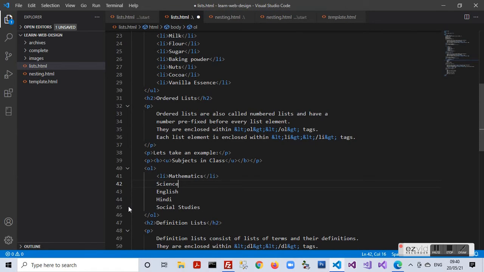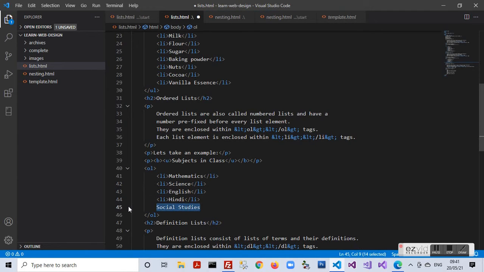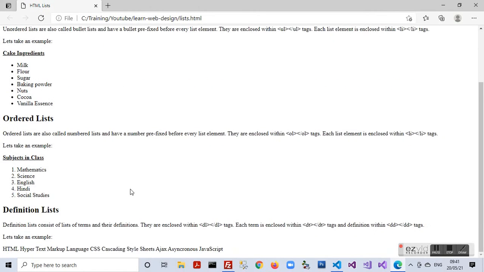So proceeding in this manner, I enclose each element within the li tag, save the document, refresh in the browser, and I can see that my list of subjects is now numbered, prefixed with numbers in a sequence.